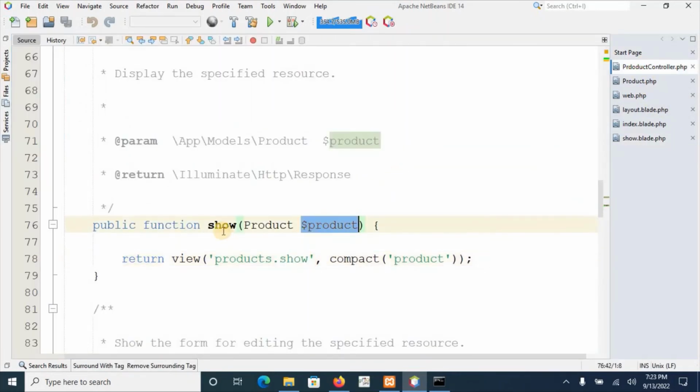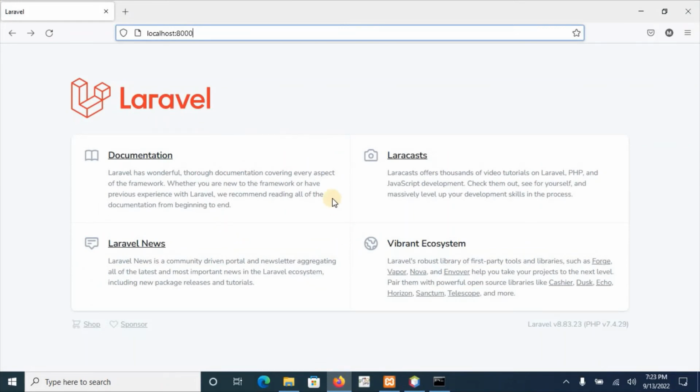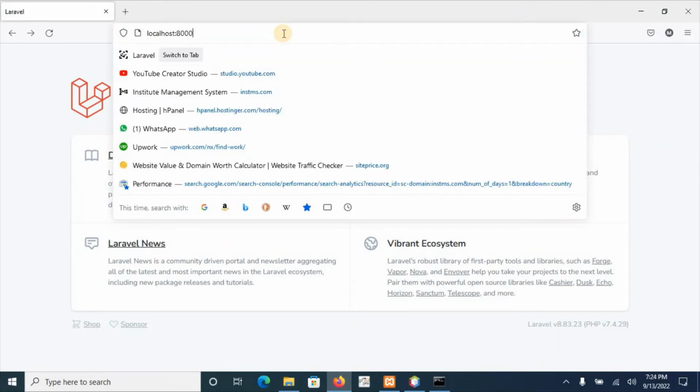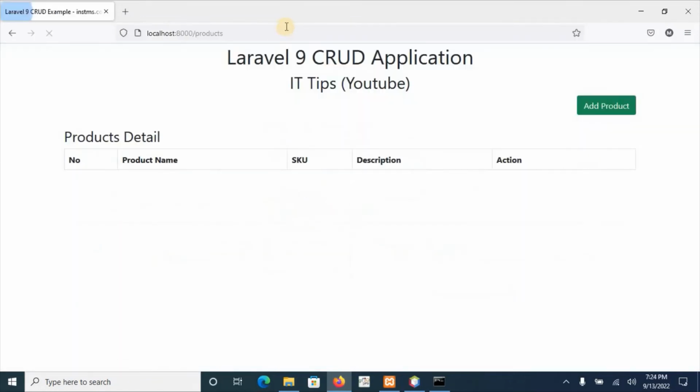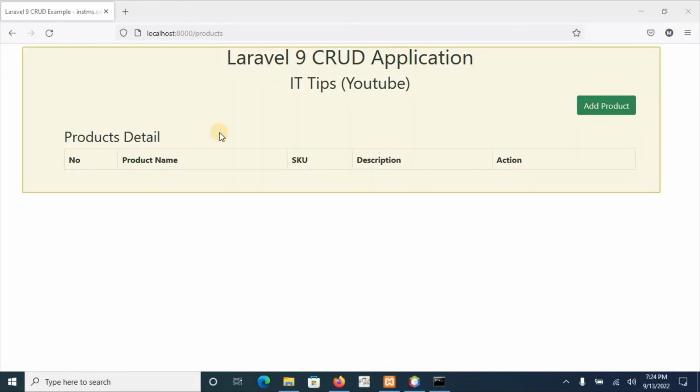Show method, here is the show method that will return the show blade. Okay, quickly we have to run the Laravel application. Here we will type the route name, that is products. Just press enter. We can see here the fresh Laravel application with no data entry is available here,